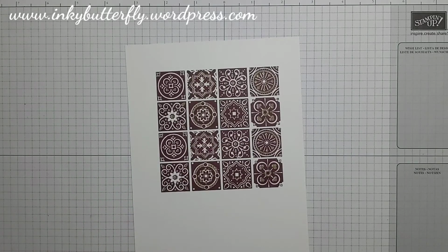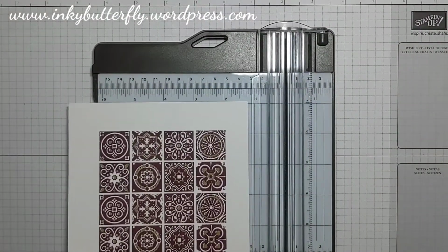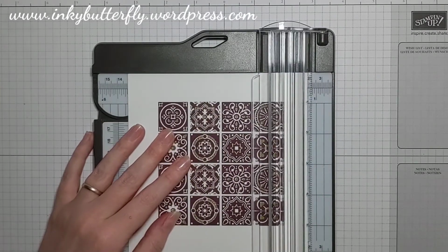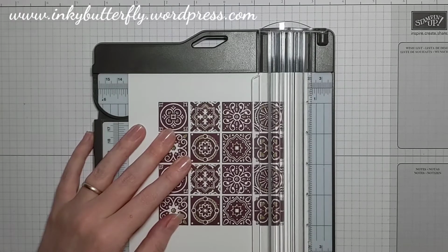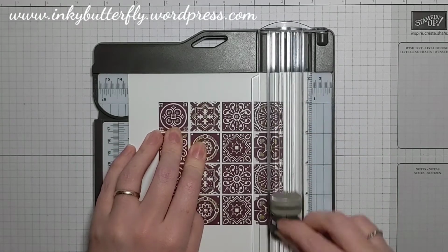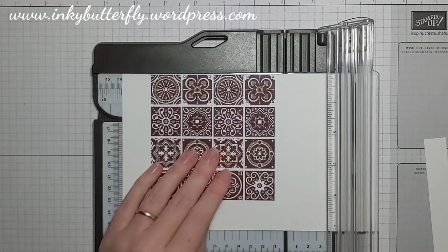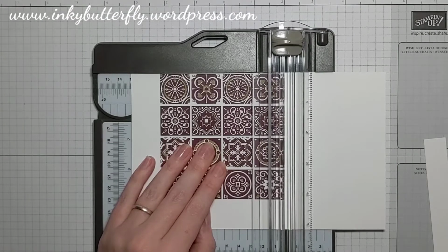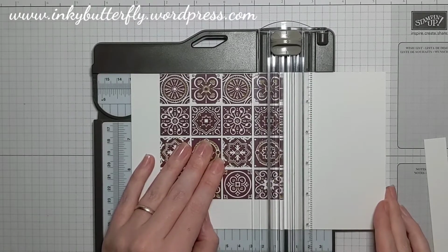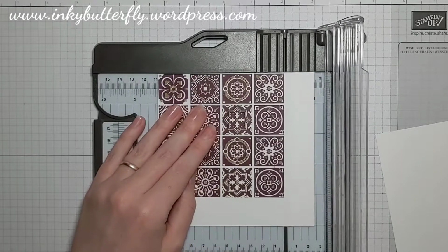We want to trim this down now with our paper trimmer, so I'm just going to bring that in. And I am going to line up the edge of the stamped image with the inside edge of that cutting track, so it's just peeking through that aperture there. Then once you've got one square bit, or straight bit, line it up again, just peeking out through that aperture where the blade runs,